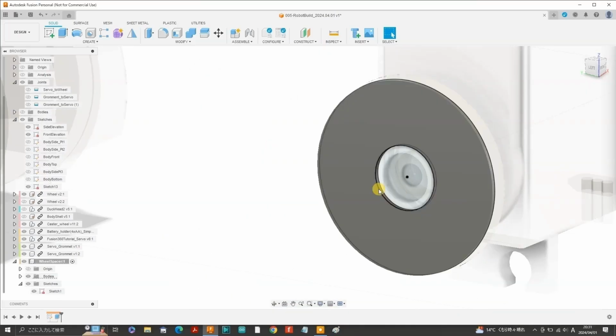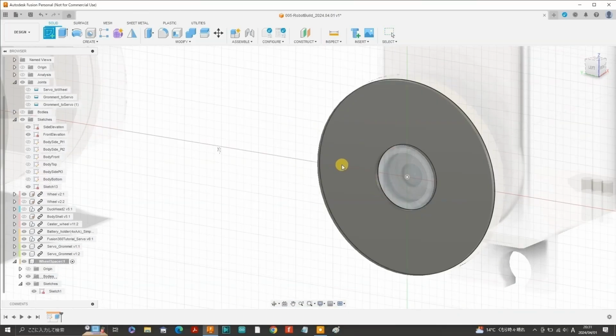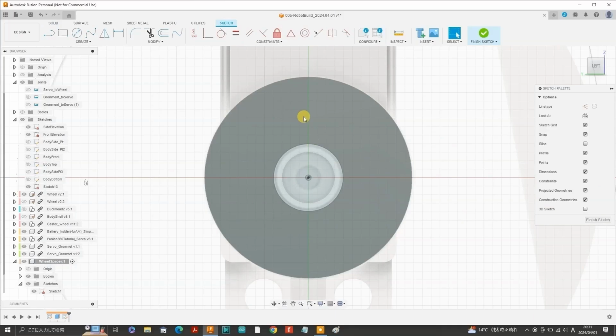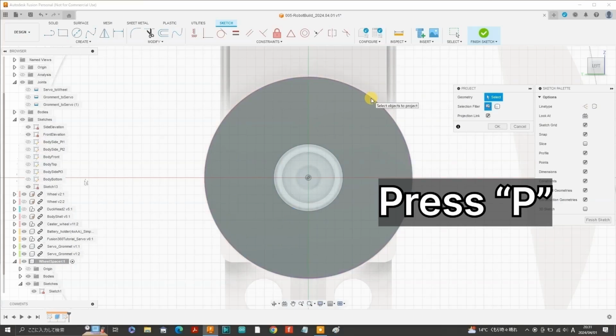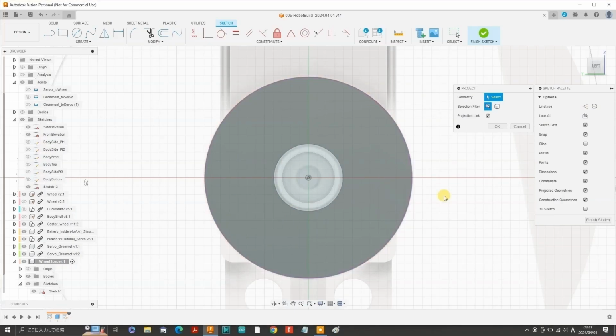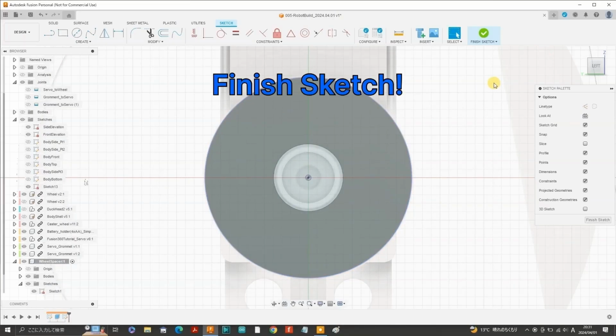Then extrude by 0.5 millimeters so that the face of this initial spacer is even or flush with the face of the inner boss. With the wheel spacer still activated, create a new sketch on the surface of the new 0.5 millimeter thick spacer. All we need to do is to press the P key for project, select the outermost circumference of the spacer we have just created and hit OK, thereby projecting that circle to the current sketch.